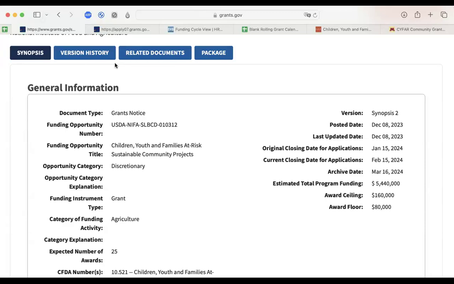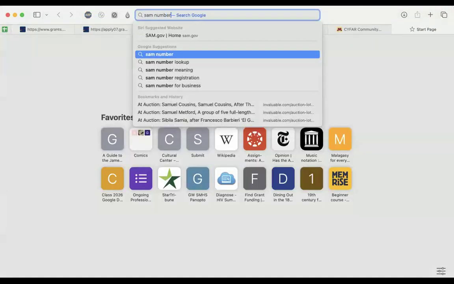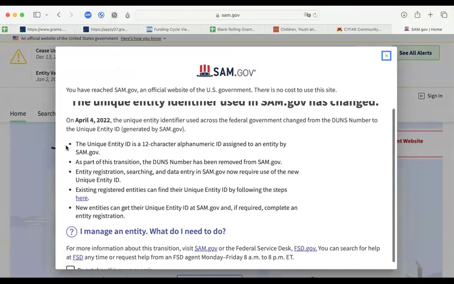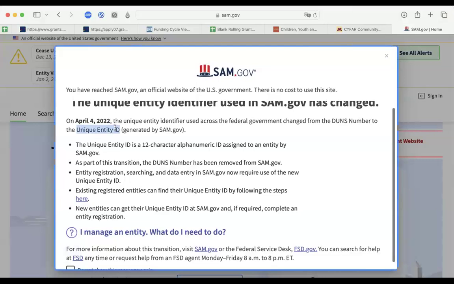And you're also going to need something called the SAM number. And this is basically a code that the federal government uses; technically, we're talking about the unique entity ID. When applying for federal funds, this is the thing that usually takes the longest for people to get after their IRS 501c3 approval letter. It's not a hard problem, but often people